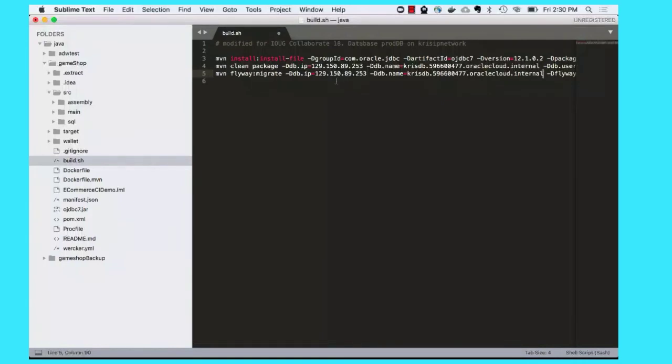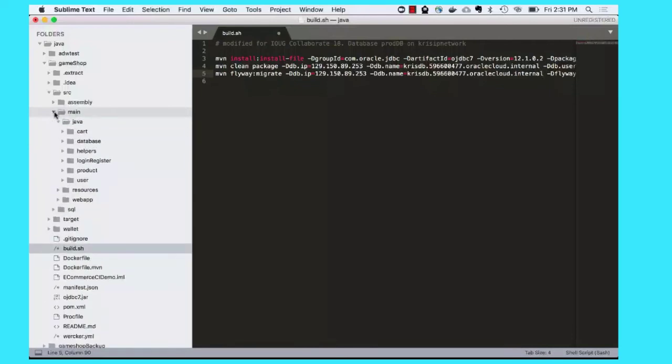So now that I have my database set up, this is all it took, right? I went to the database container, created a clone, took the connection string, and pasted it here. So that's all it takes for the app to now connect to the database when it's built. Then let's go to the changes now. For simplicity, my Java changes, my class file changes, my UI changes, all of these are pre-coded. So if I go to main, and if I go to web app,